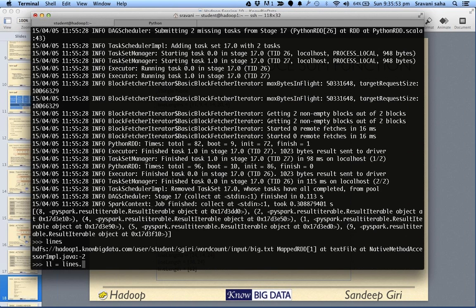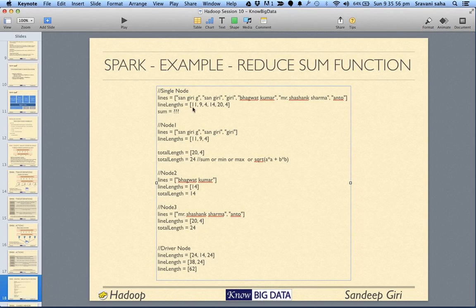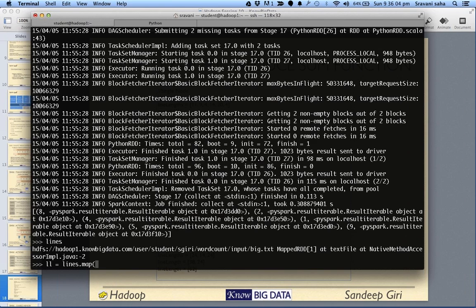For each line we want to generate the line length. So what do we use? We use map, because we want to translate one value into another value. We say map and length.